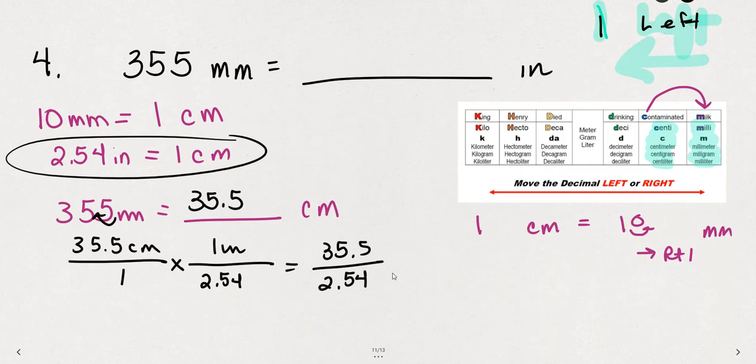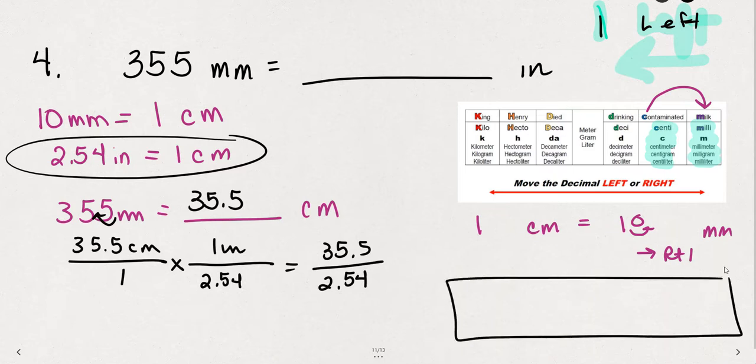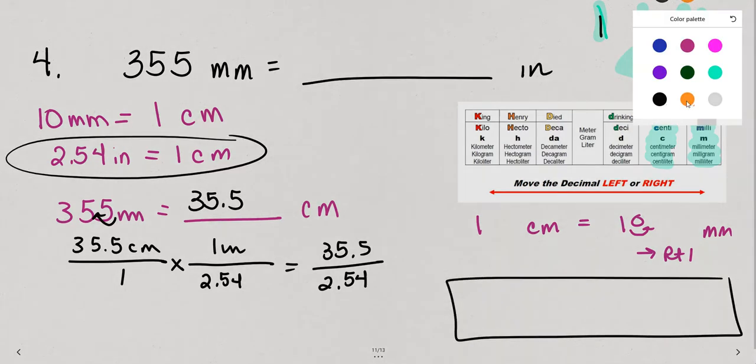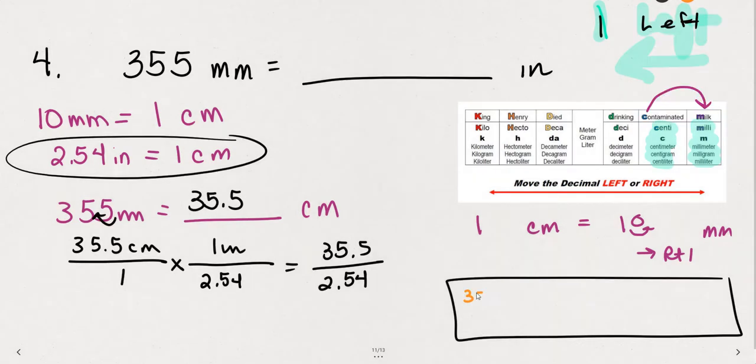But I could also have used unit fractions all the way and not used the chart. Let me show you that also. You only need to be able to do this one way or the other, but let me show you both just so that you have this in your back pocket. 355 millimeters over 1 times the unit fraction we do from millimeters to centimeters we have here is 1 centimeter is equivalent to 10